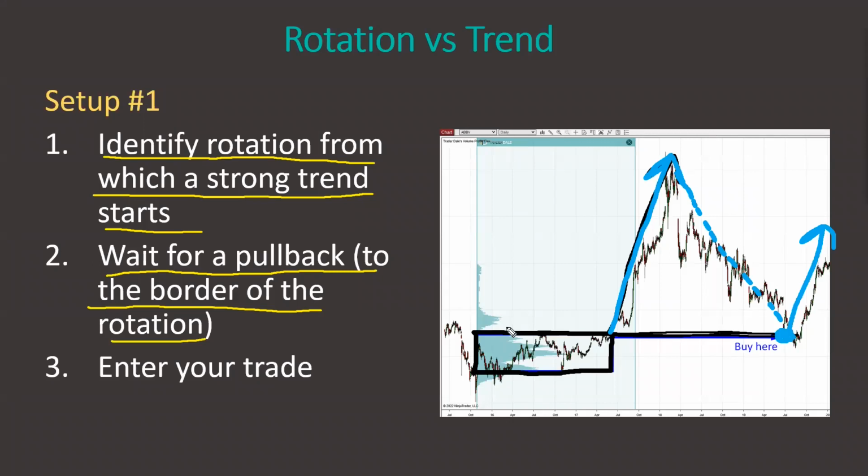The logic behind this is that strong buyers were building up the long positions in here. And by the time there was the rotation, we weren't really able to tell that those were strong institutional buyers. There's not really a way we can tell this. But after the rotation, there's that trend, a strong uptrend.